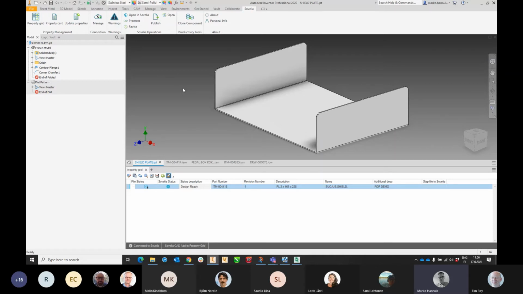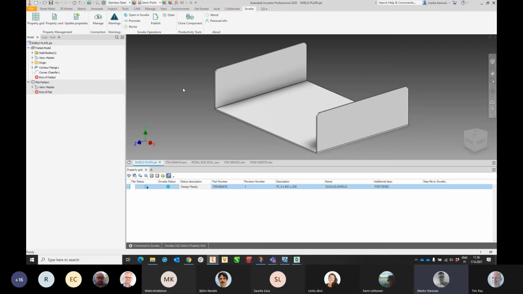So this means that we are protecting the file from changes here on the CAD side. Now it is really hard for the designer to change the file